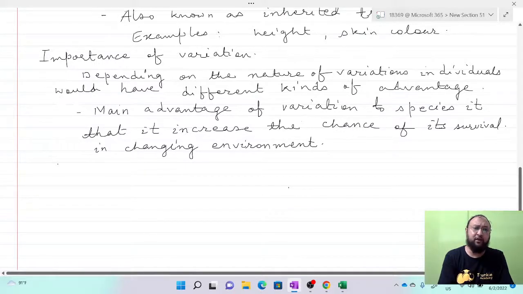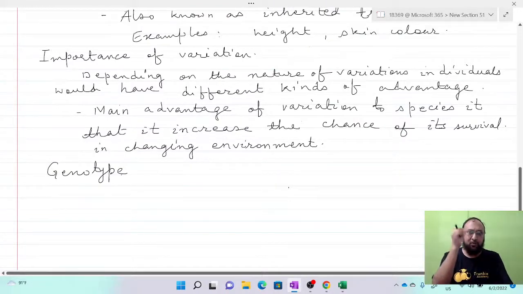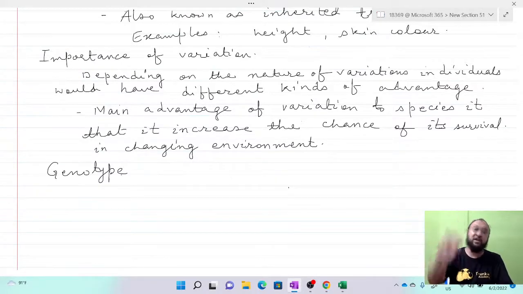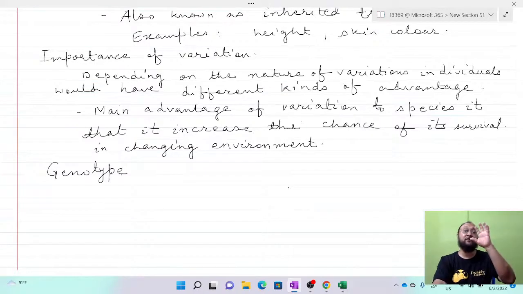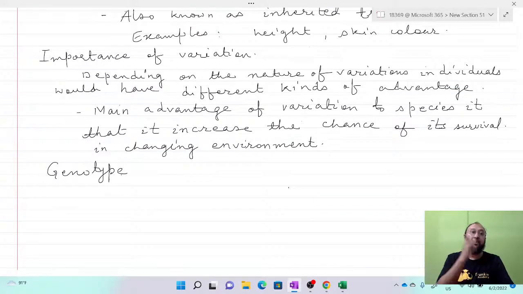Now, phenotype means the visible characters from outside. For example, somebody is tall, somebody is short, somebody is very dark, somebody is very fair, somebody has blue eyes, black eyes or brown eyes, curly hair or straight hair. All this is visible and you can observe it from outside, the morphology. That is the phenotype. But genotype comes from alleles, one dominant and one recessive. That we'll see.